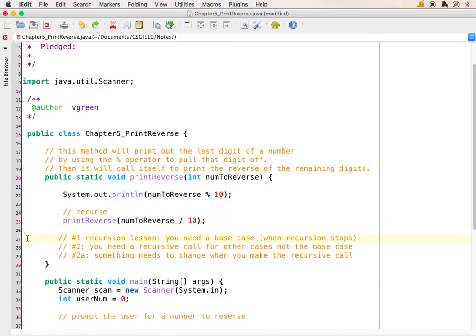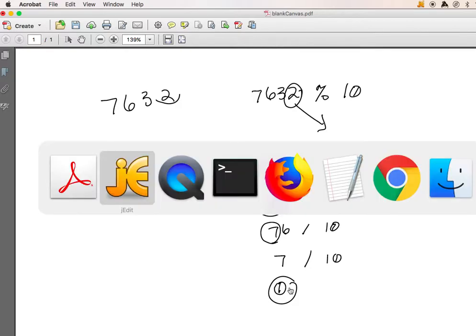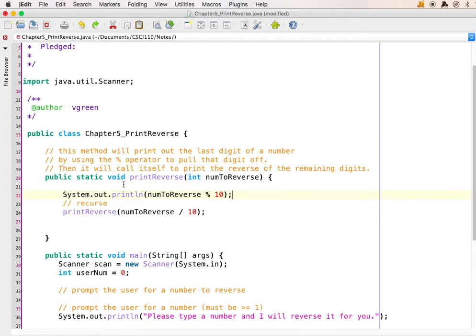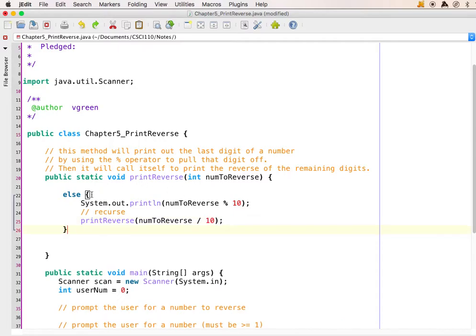So now I need number 1 recursion lesson. I need a base case. What is my base case? Well, from my worksheet over here, I can see that my base case is that I've reached 0. So this is not my base case. This is my else. I often like to put the base case first because it's more obvious what it is. So in this case, it would be else. And the if, which is the base case,